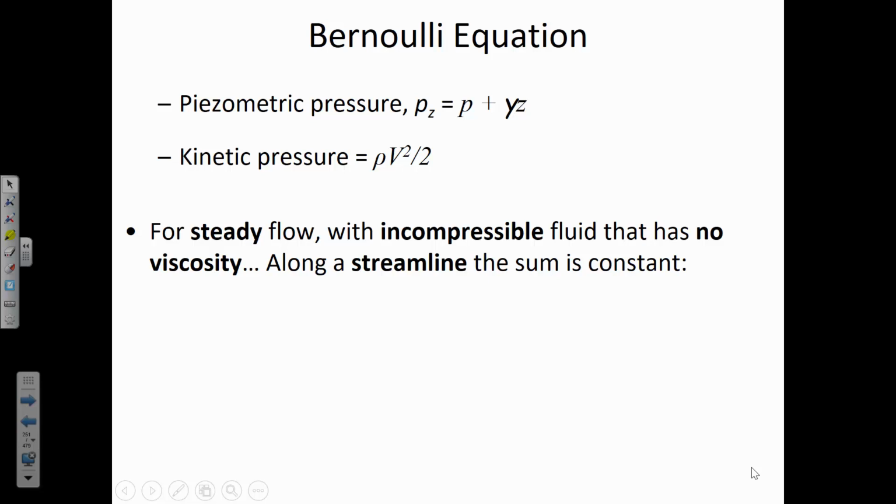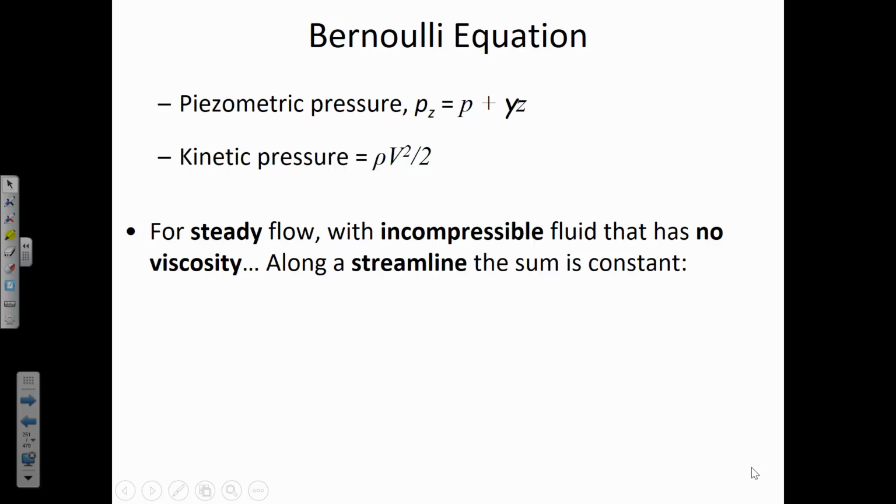So if I wrote it P1 plus gamma Z1 plus density V1 squared divided by 2 is equal to each of those at the second location, P2 plus gamma Z2 plus density velocity at 2 squared divided by 2. What we're saying is as flow goes along a streamline in an inviscid fluid that's incompressible and conditions are steady, that there's an exchange in energy. That if you have the velocity go up, the pressure is going to go down,